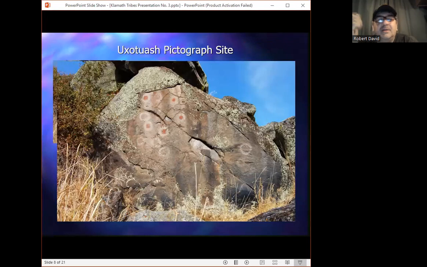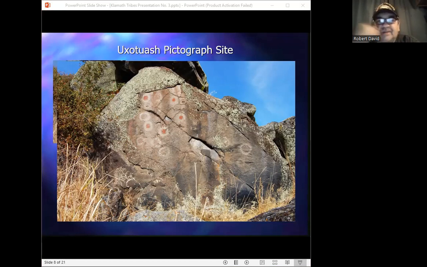Now, as you can see, the panel is basically comprised of white and red and white polychrome circles, although there is one notable exception. But based on the circles alone, we could easily conclude that what we have here is a medicine site, given this symbol's widespread identification as Kamokamps's medicine tool, which of course is his sun disk. See, in myth, Kamokamps uses the sun disk to bring people back to life, including himself. And so accordingly, the sun disk is identified widely in the myth as his medicine tool, his medicine.